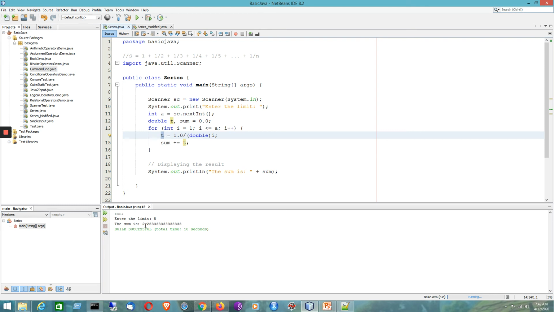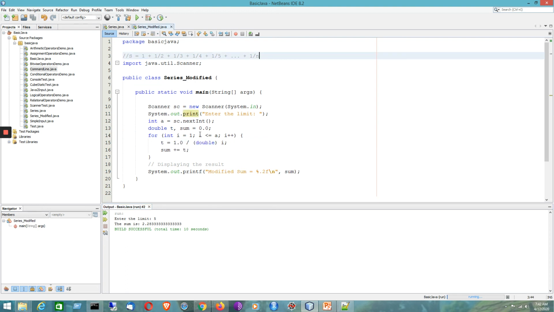Here you can see that the result is actually a huge number. Since we are using double type, the precision is huge and it is showing the result that way. Now suppose you'd like to print the result up to 2 decimal places. So what will you do? We have to consider the concept of formatted output that is also made available in Java.